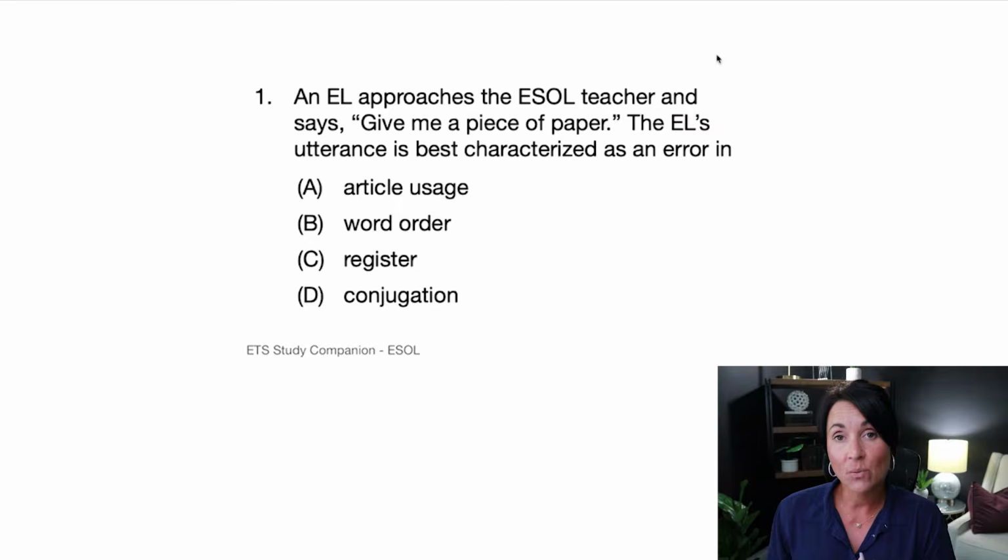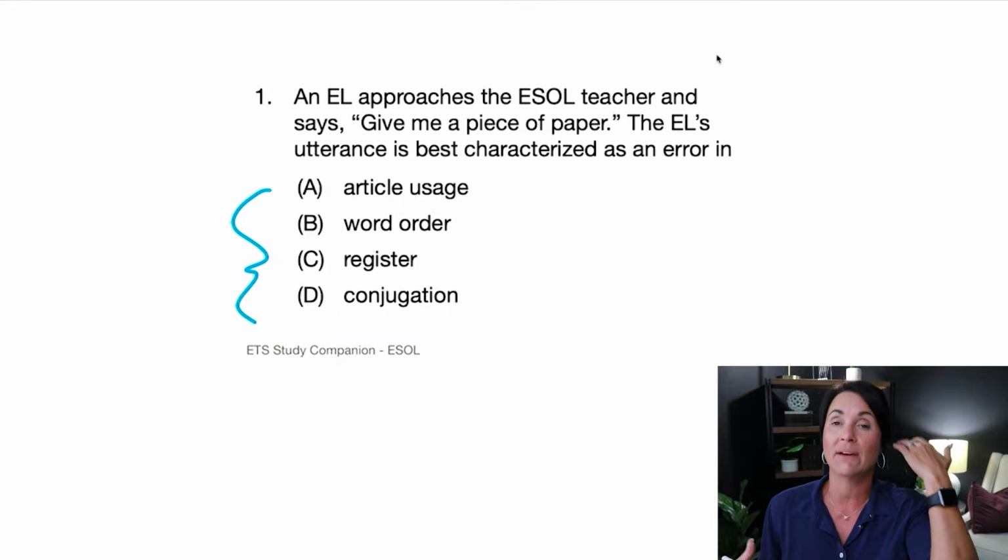I'm going to break them down in a way so you understand more about the test by looking at these and the answer choices. So let's take a look at number 1 here. Now, you know that I always want to start here at the answer choices. I always work backwards. And I can't really do anything much with the answer choices right now because this looks like we're giving a definition or a specific thing. And I can't just eliminate bad answers here because there are no bad answers or good answers right now. In other ones, you will be able to do that, but for this one, we have to just read the